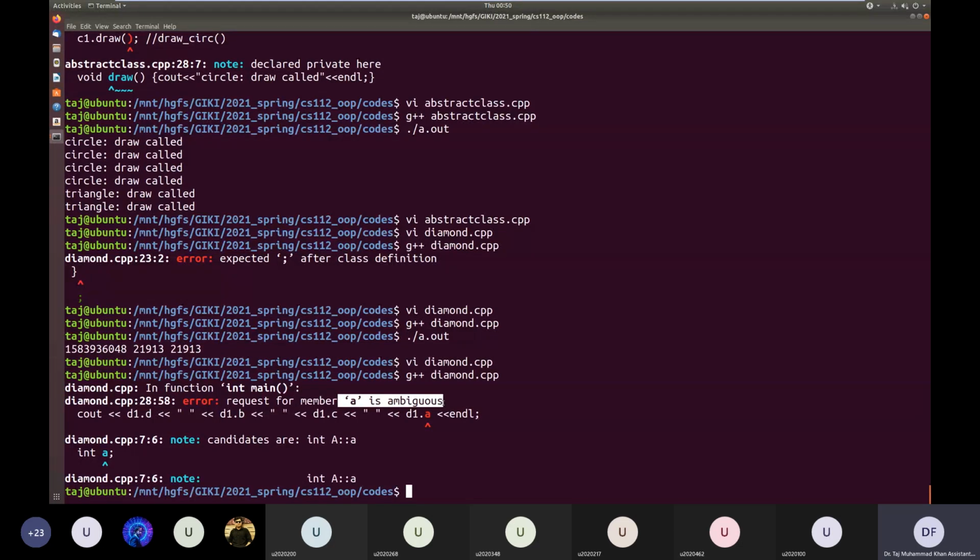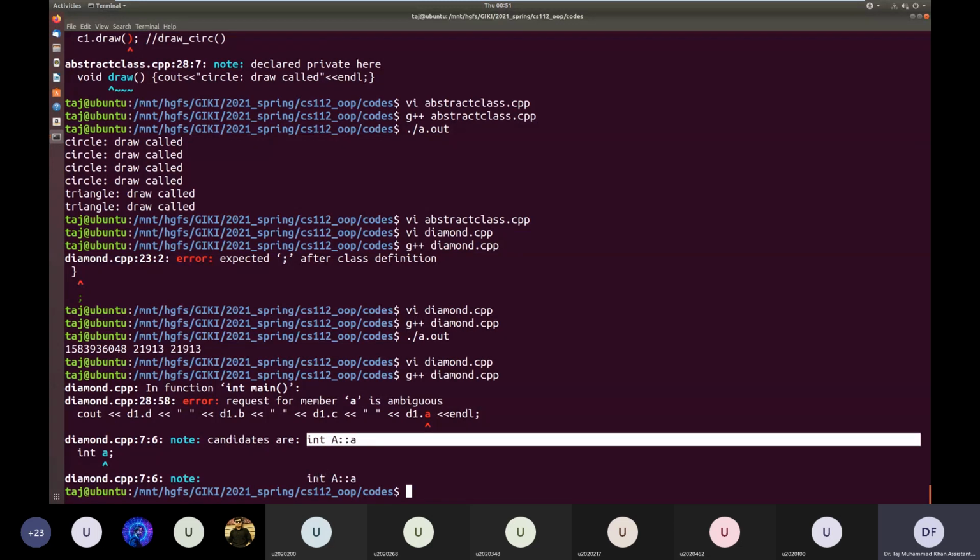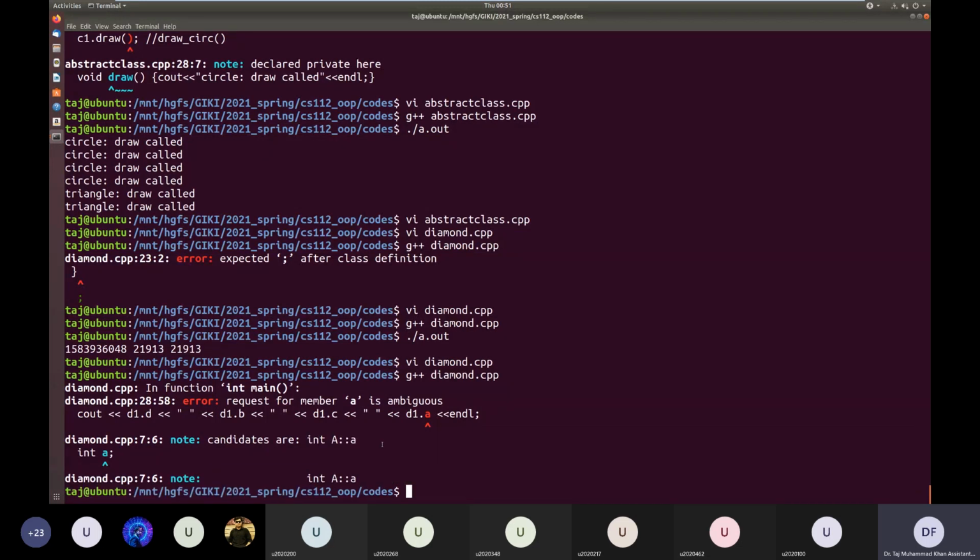Because it has made a rhombus, a kind of diamond, where class A was first inherited into class B as well as into class C, and since D inherited from B and C, the objects of class A were inherited in the class D twice, once through B and the other time through C. So D contains two objects of class A, therefore two member variables called A. Here it is telling you that there are two member variables, and it is not able to decide which member variable A you are requesting. Okay, so this request is ambiguous.